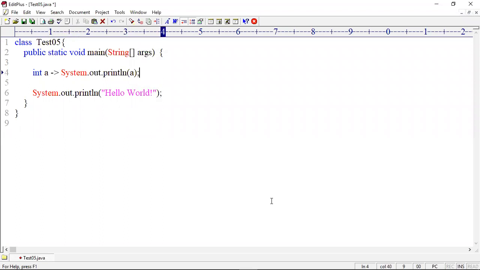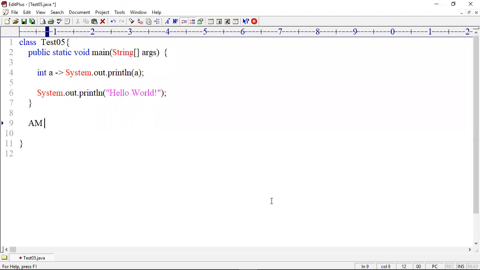Lambda expression means, generally, how can we create a function? We create a function with accessibility modifier, execution level modifier, return type, method name, parameter list, body in open and closed brackets, and of course throws exception list. This is the complete syntax of a normal function. Lambda expression is also a function, but it is a nameless function. Anonymous function means nameless function.